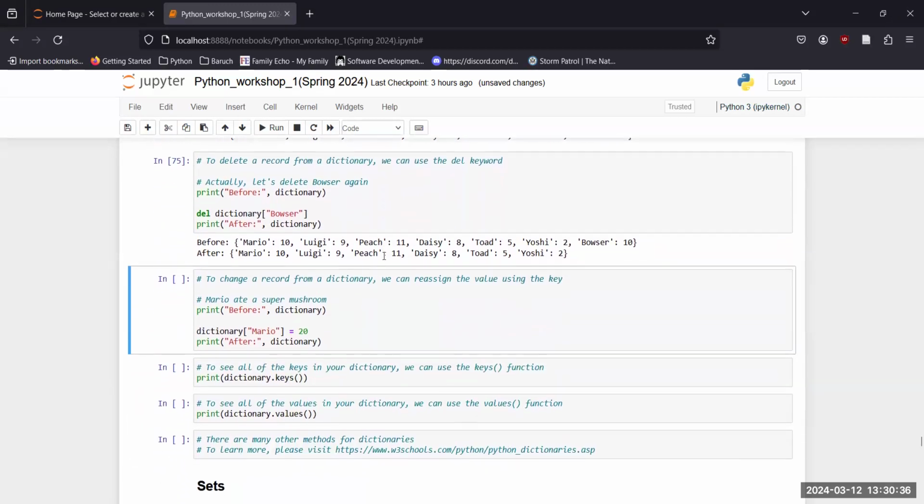Let's see here. If we want to delete something from a dictionary, we have to use this del key, which stands for shorthand for delete. It'll be delete dictionary, because that's our dictionary name, Bowser. And again, you'll see